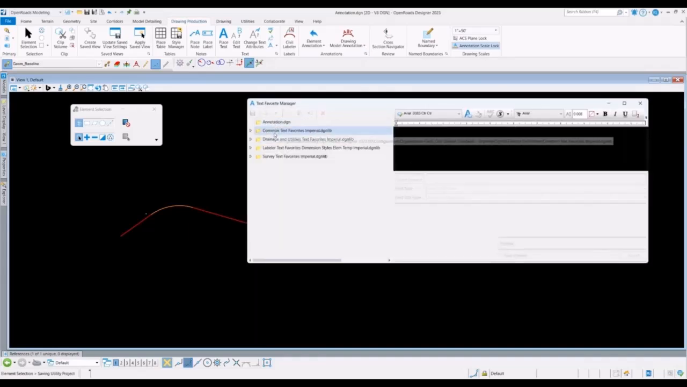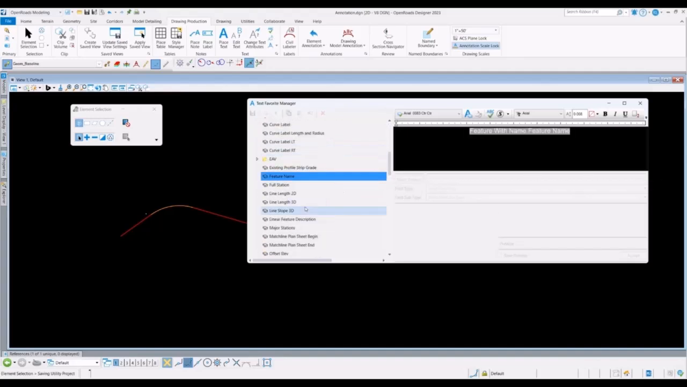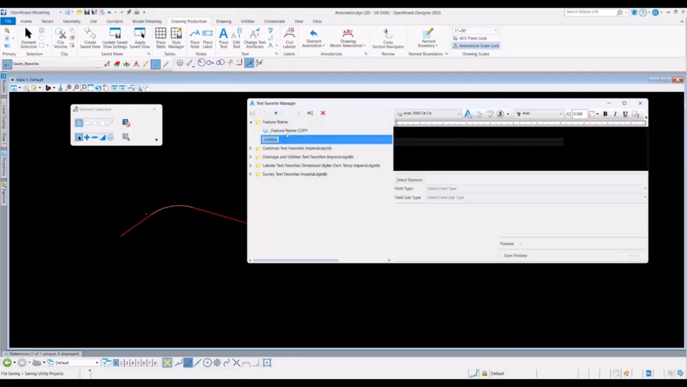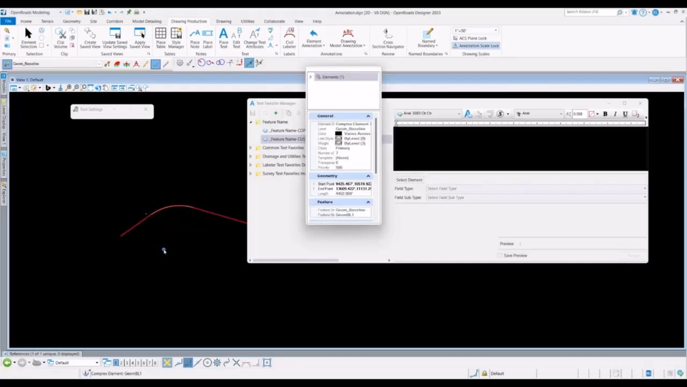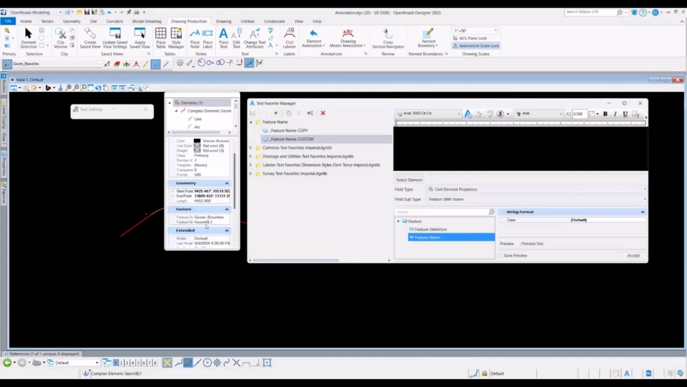It also has a feature definition assigned, and I'm accessing the text favorite manager. So what we can do is copy from the workspace standards that are already loaded within my active session, and I can copy from the overall DGN library, right? Or I can create a brand new text favorite within the manager, save it off, again local to my particular file, and I can use that Select Element function to literally pick an element there in the design view, whether it's referenced or live in the DGN, which then populates this